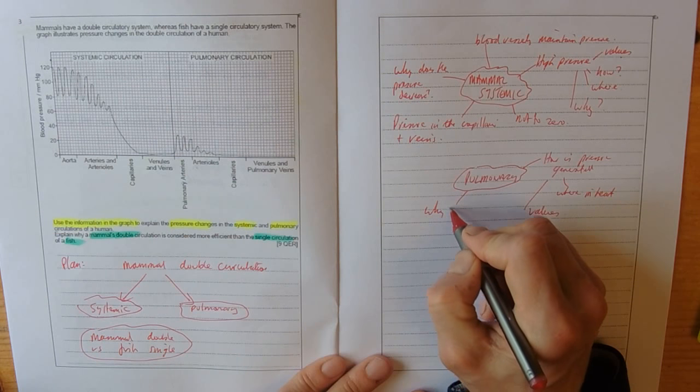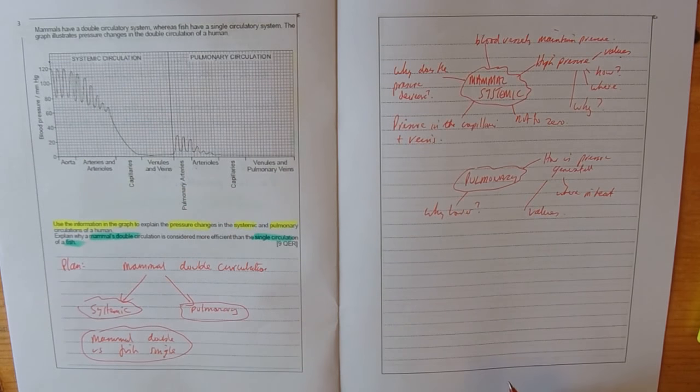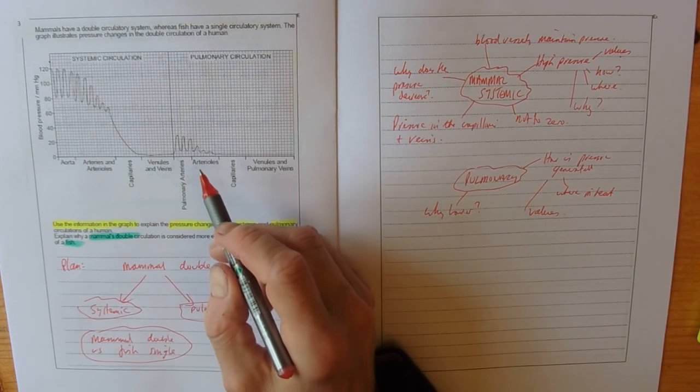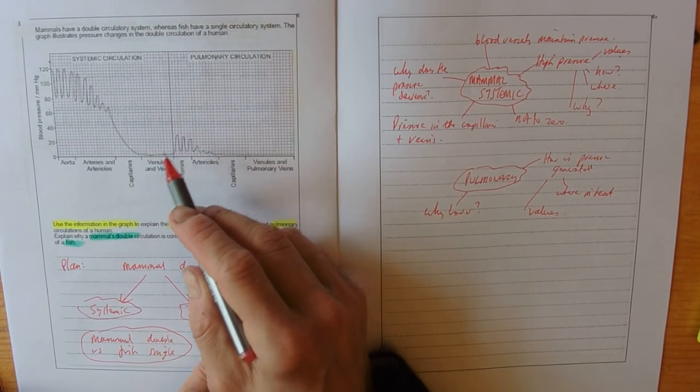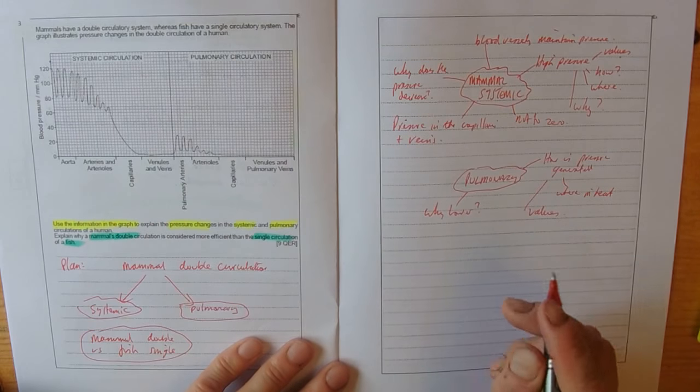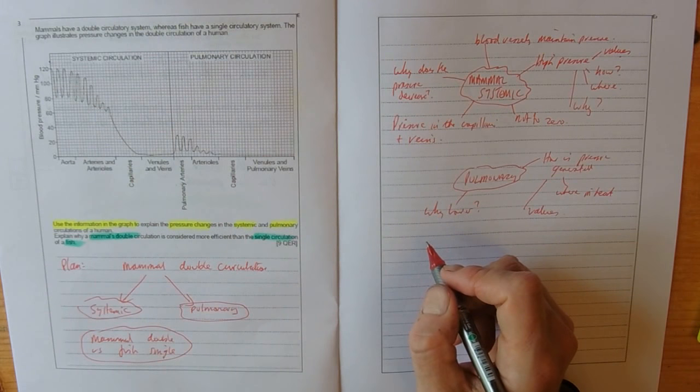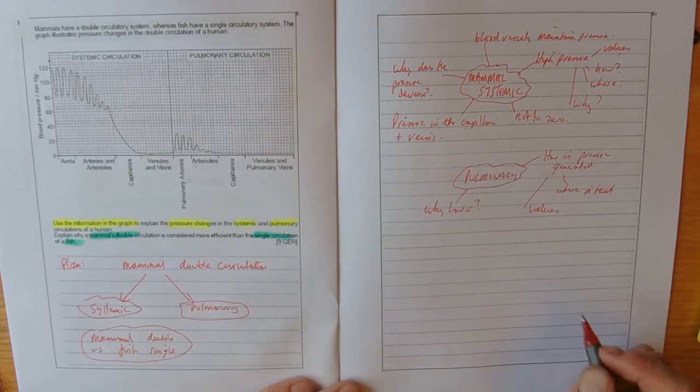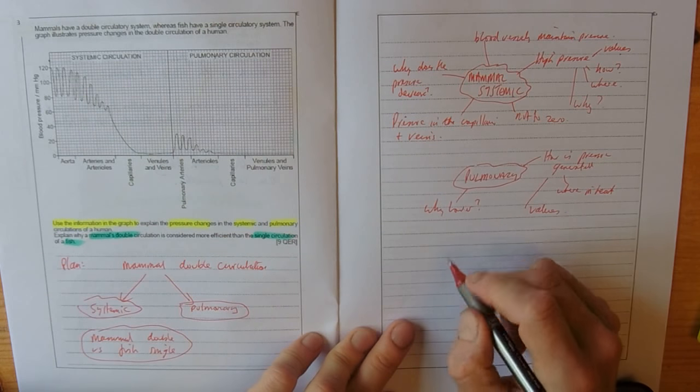why is it lower? So why is that lower than the systemic? What problems is that overcoming? And then we've got